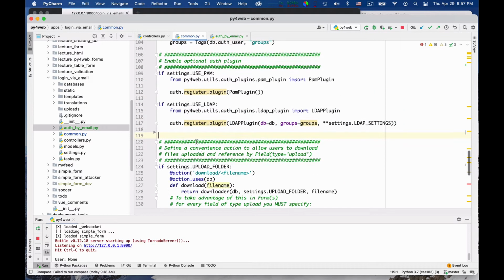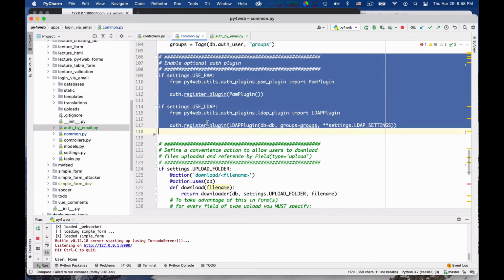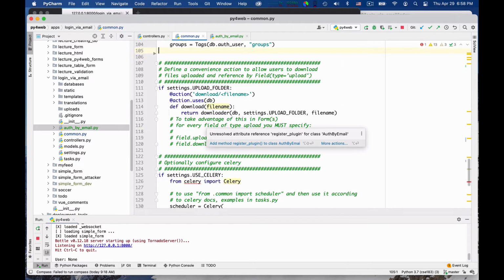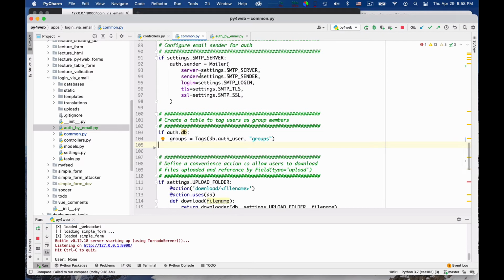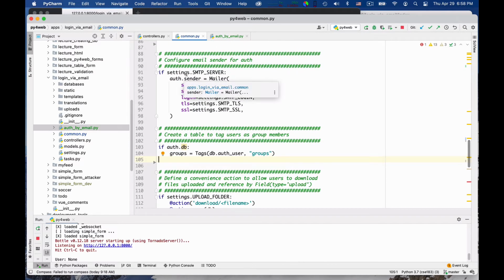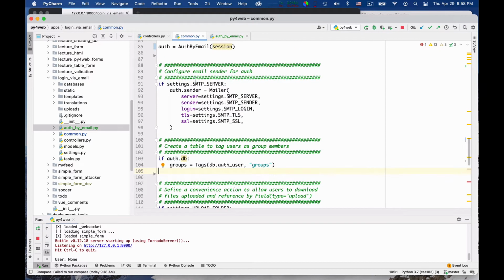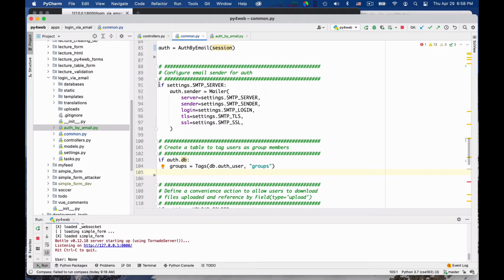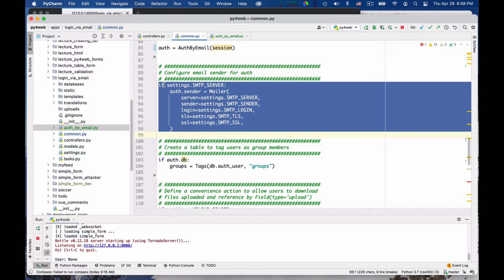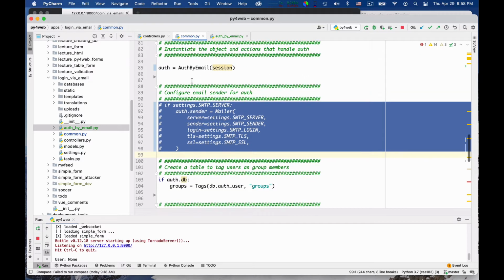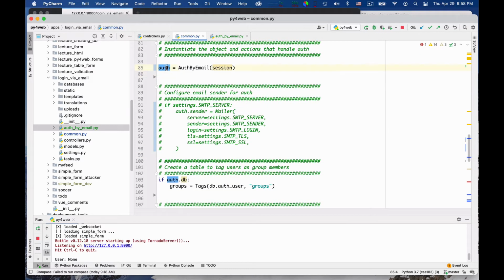Okay. So let me delete all these. Okay. This, let me comment it out because I may want to keep it just for my information for the email. Okay, and so this is gonna be my auth mechanism.